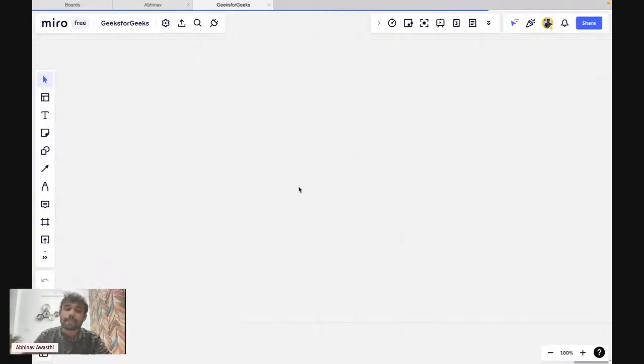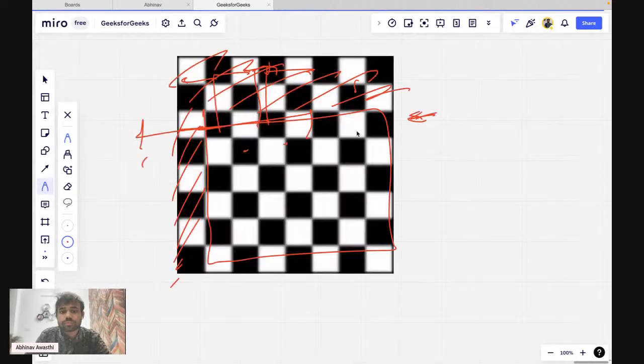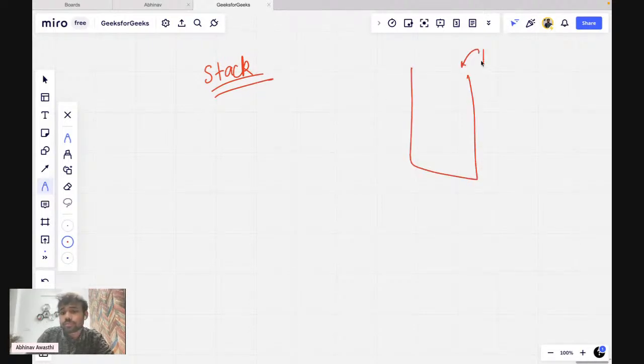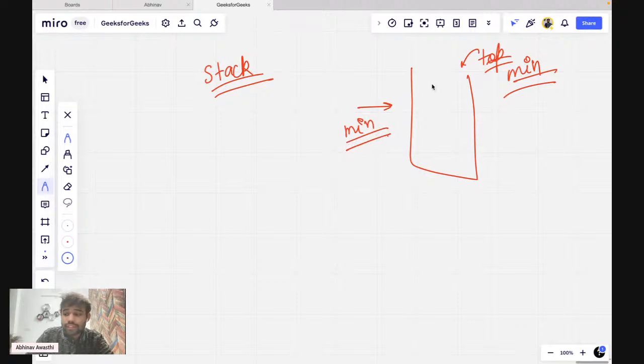So what you will do is take a stack, and in that stack you will try to have the minimum number at the top. The reason being